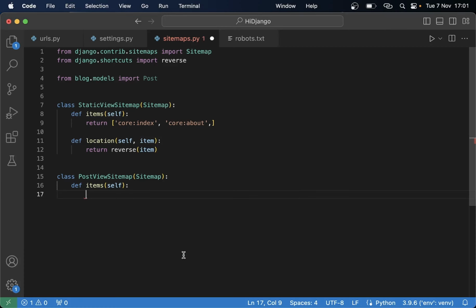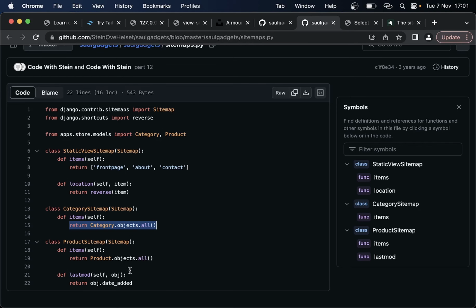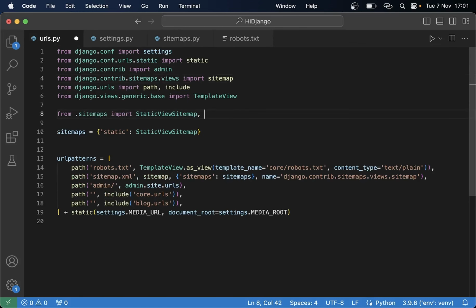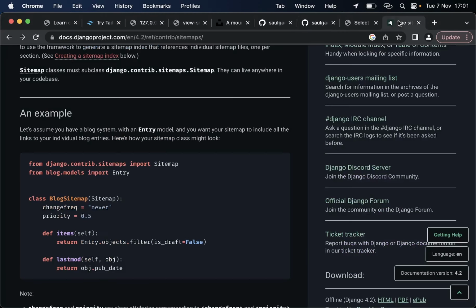So return Post.objects.all, and I do not need this one here. At least it doesn't look like I need it, so we can save this. Go back to urls and import the PostViewSitemap. Here, create one more inside the dictionary, PostViewSitemap, save, go back and